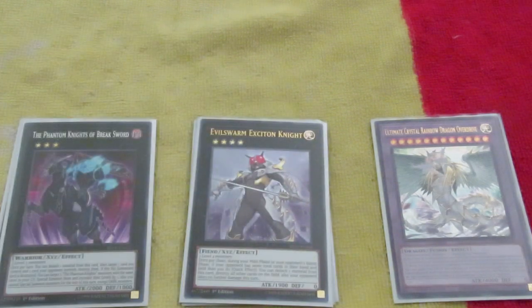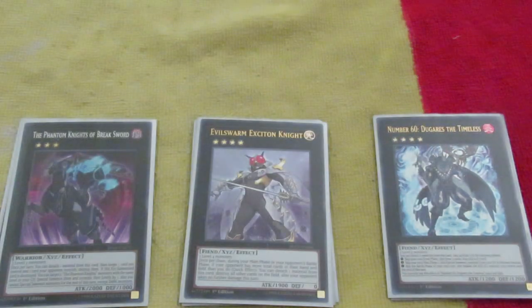1 Exciton Knight because it's the budget Zeus. 1 Douglas the Timeless. This guy, man, ooh. You detach 2 materials and then you activate one of its 3 effects. You can either boost up the strength of a monster, draw 2, then discard 2 at the cost of your battle phase,